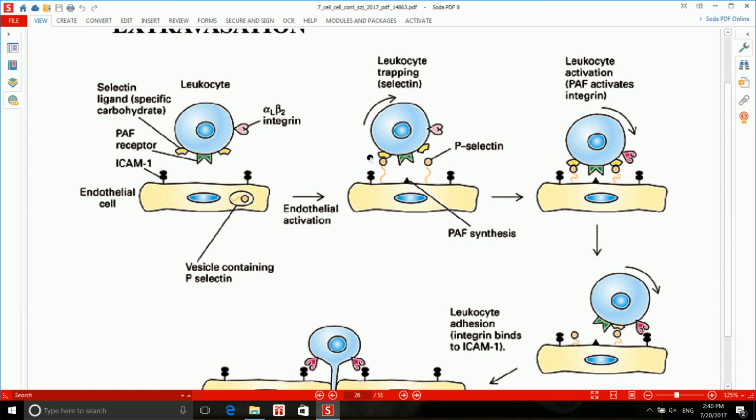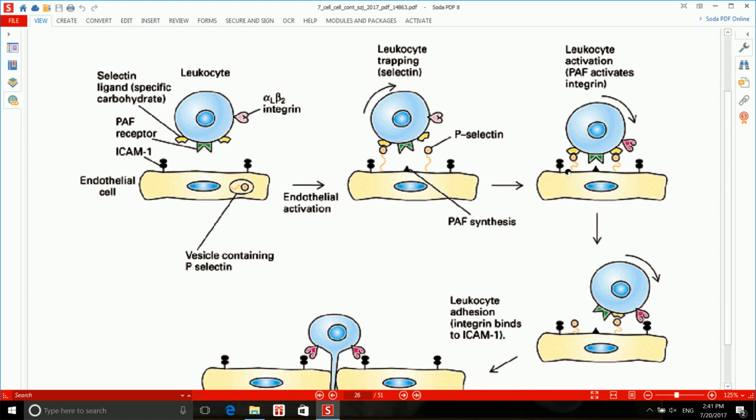And when they are on the surface of these epithelial cells, leukocytes, which have some specific carbohydrate domains on their membrane, which are glycoproteins or glycolipids, will bind to these P-selectins. These carbohydrate domains, these yellow ones, will bind to P-selectins. And since this binding is not that strong, the cell will not remain so long in this state. It will tap along other epithelial cells and other P-selectins until